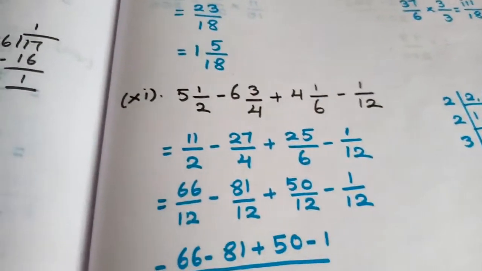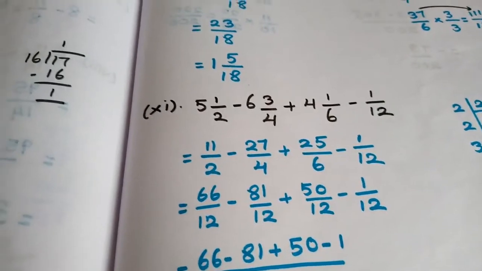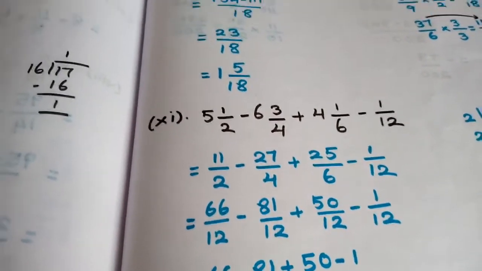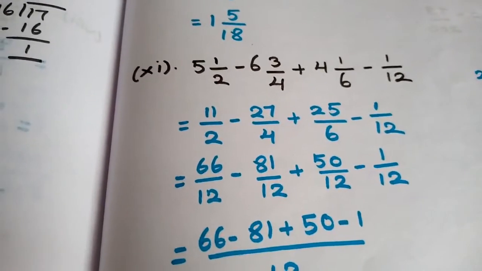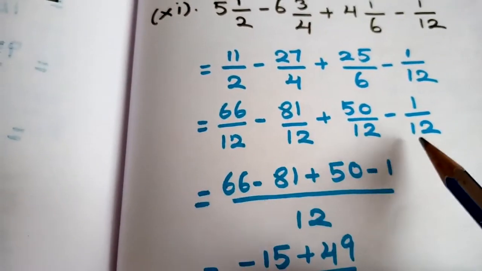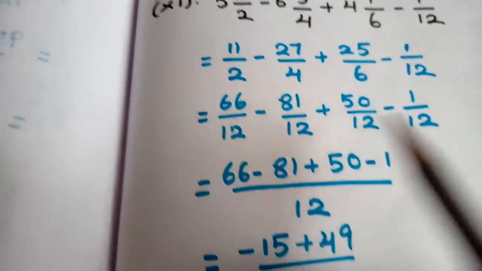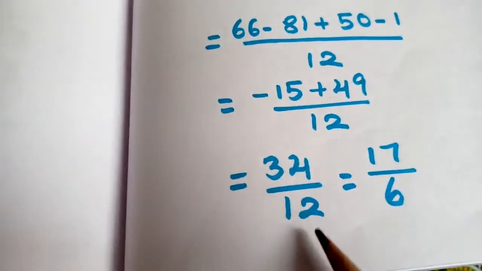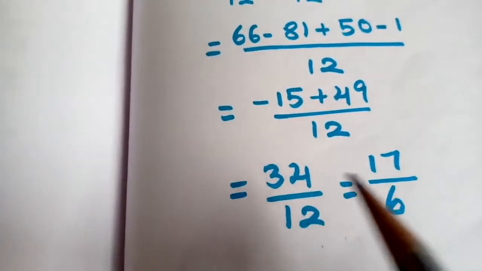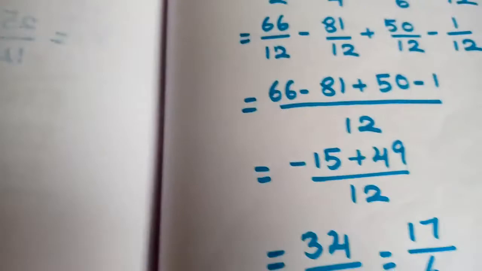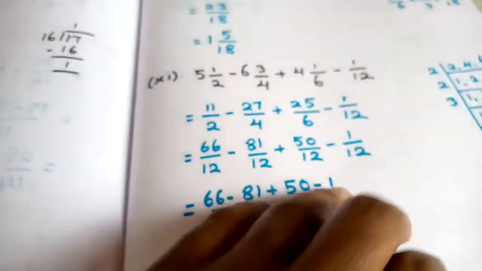Similarly, in the next sum also you have four fractions, a combination of mixed fractions. First you are going to convert the mixed fractions into proper fractions. Make the denominators the same here, students. If you check the denominator, you are making the denominator the same, 12. Calculate the value. After calculating, you are going to get the answer as 34 by 12. Simplify, that is, while you are dividing by 2, you are going to get the answer as 17 by 6. So this is a way of doing the calculation, students.